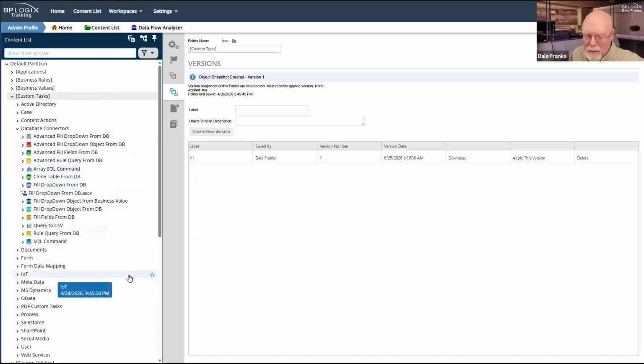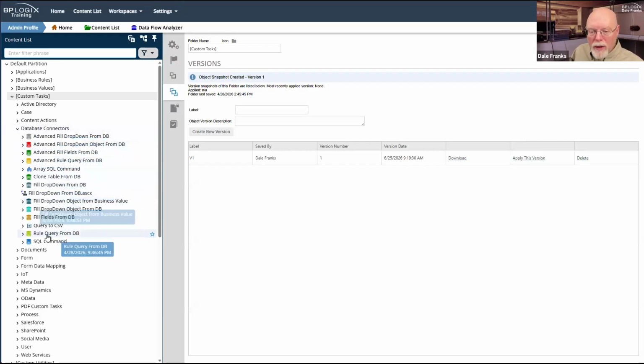Now, we're not taking them out of the product. Deprecated doesn't mean they don't work, nor does it mean that we aren't actively developing on them and certainly fixing bugs if anyone ever finds any. However, there are UI conventions available to us now that make these unnecessary. First of all, we have business values. You can always create a business value to pull data from an external data source. And you most likely want to do that.